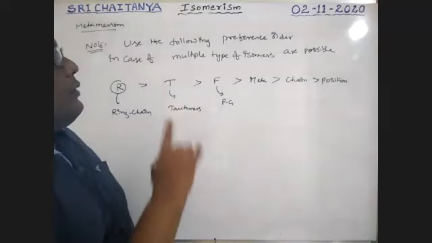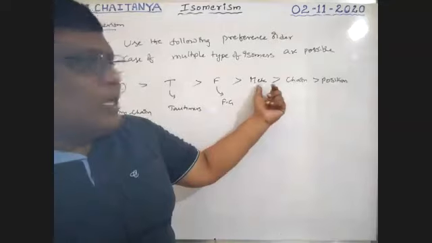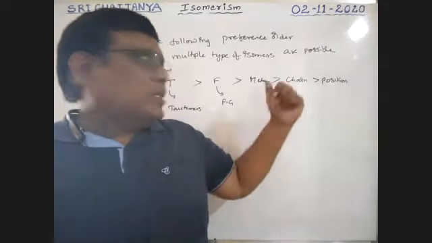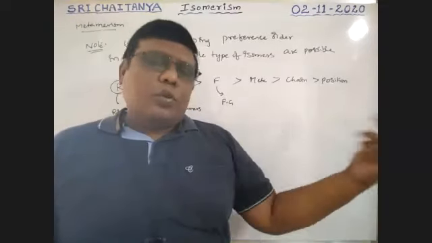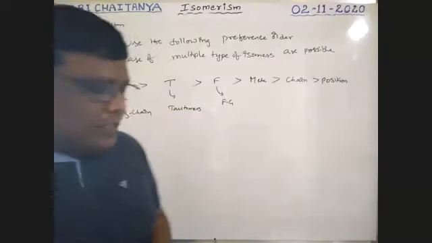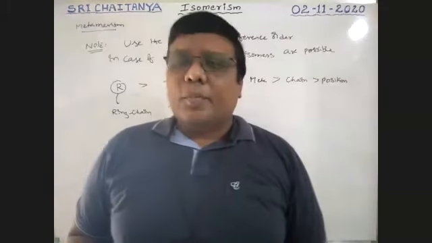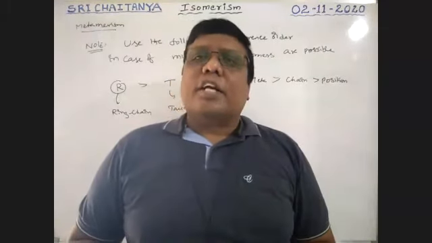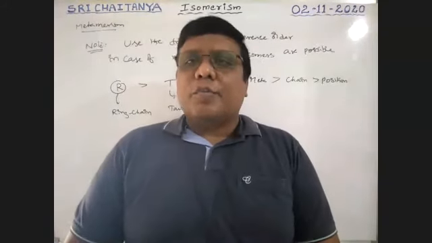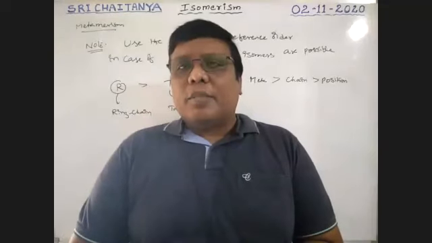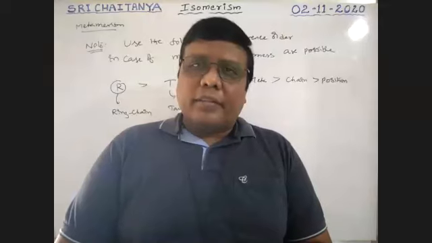That is very, very important. Preference order of isomers: if position isomers and metamers both come out, and it is a single option, metamers is the answer, not positional isomers. If multiple answers are allowed, no doubt both metamers and positional isomers are considered, boys. This is the order of preference of different isomers. So this is about structural isomerism. Tomorrow we will discuss some more examples, and counting the number of isomers. Right now I'm going to close this topic here. Thank you, boys.